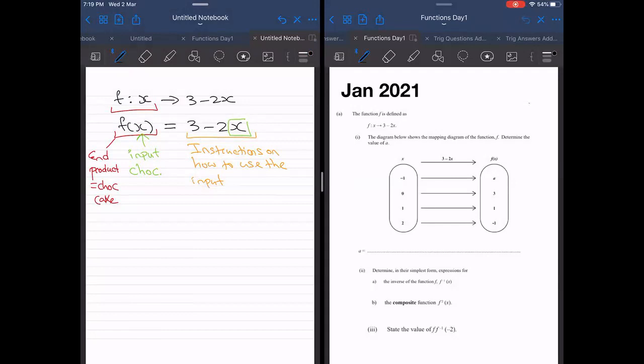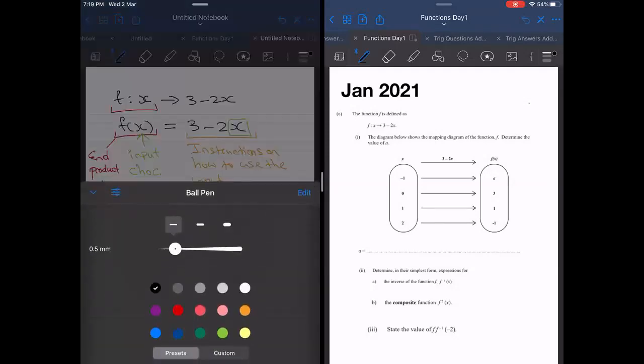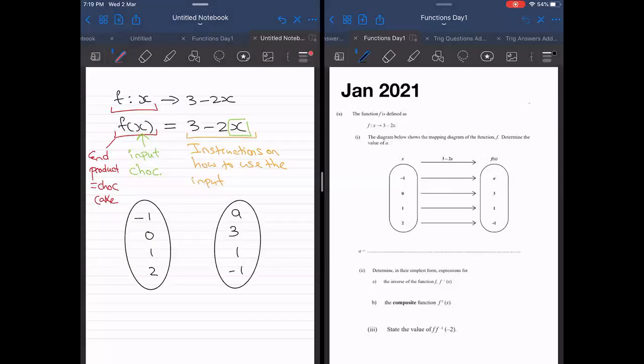Okay, so if you notice, it says the diagram below shows the mapping diagram of the function f, determine the value of a. And then we have a, we have 3, we have 1, we have -1. Essentially what they're telling you, just so that you can understand what the diagram is saying,